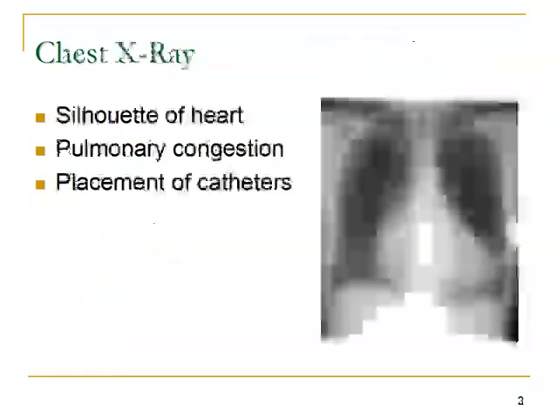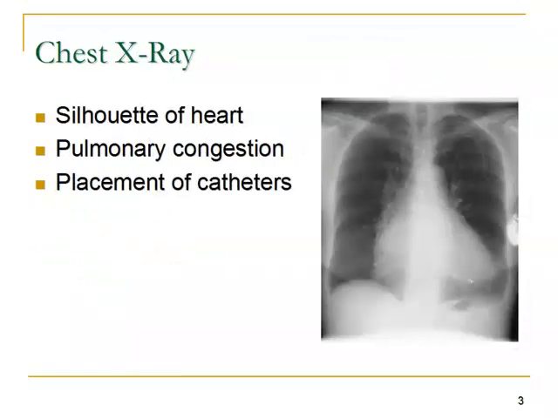This shows a chest x-ray of a client that is part of the diagnostic area of a client that may be suspected of having heart disease. The chest x-ray can give a lot of good information about the heart, such as the silhouette of the heart, if the patient has pulmonary congestion along with heart problems and enlargement, and if that patient has catheters in, such as a Swan-Ganz catheter or different things like that, it can show the placement of those catheters and if they're